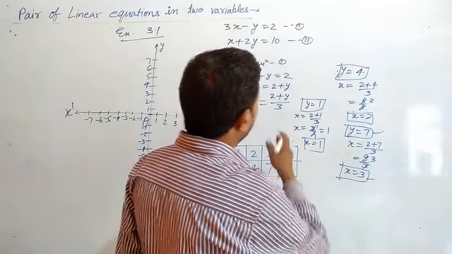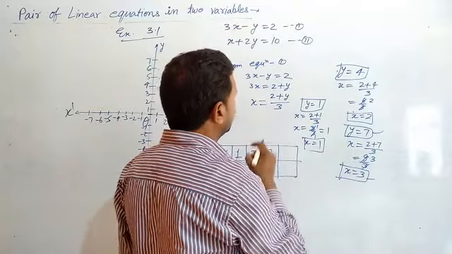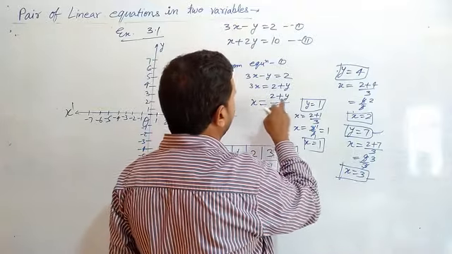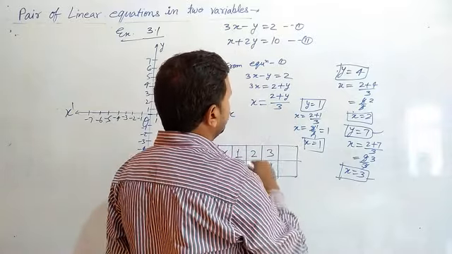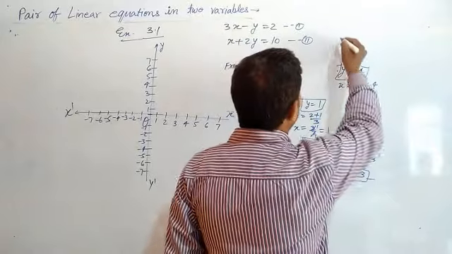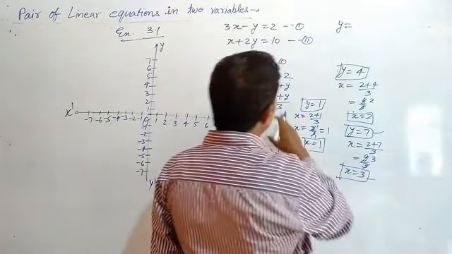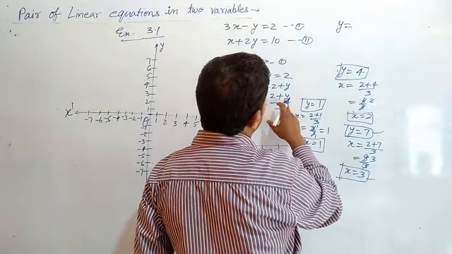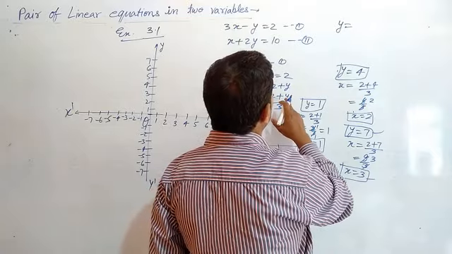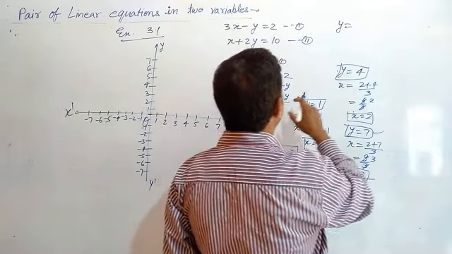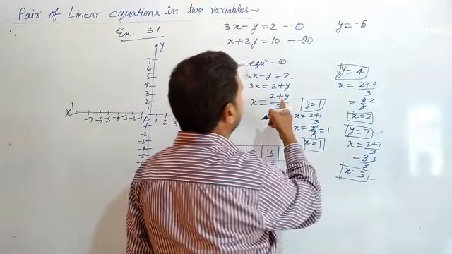Now again, we can put here value in the term of minus also. Suppose that we have to find here 3. 5 minus 2 is 3, means minus 3. We can put here value. Suppose that y is equal to minus 5. Minus 5 plus 2 means minus 3. Suppose that we put the value minus 5 here.